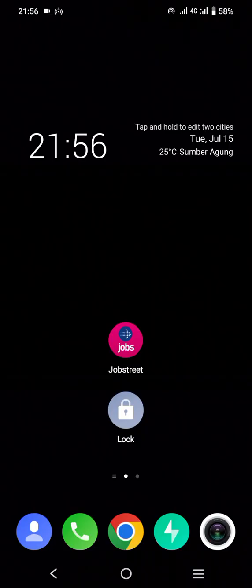If you are an Android user, don't forget to download it from the Play Store or Google App Store. Or if you are an iOS or iPhone user, please download it or install it first from the App Store. And here's the look. I've already installed it for you, and let's get started. I will click the JobStreet here,